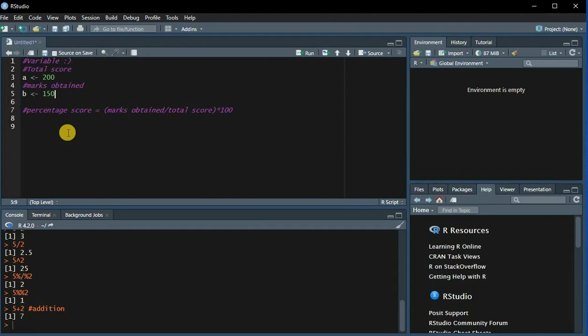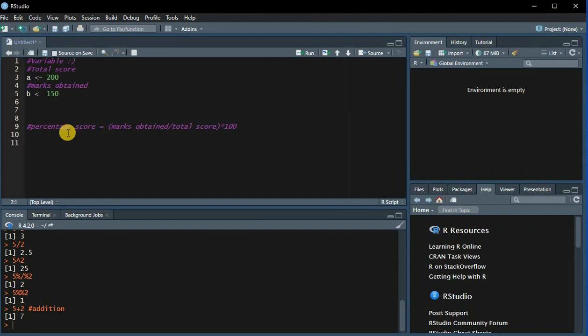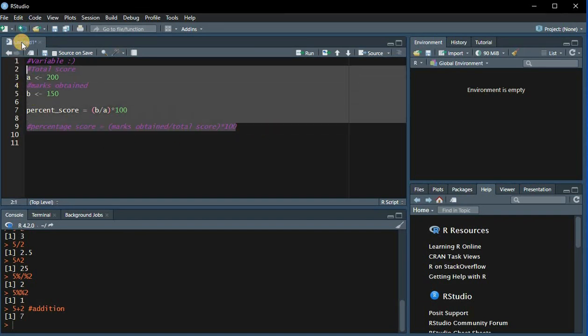And then I can write a simple function, let's say percent score equals, marks obtained, which is now B, divided by the total score A, multiplied by 100. Okay, now if you select everything and run this,